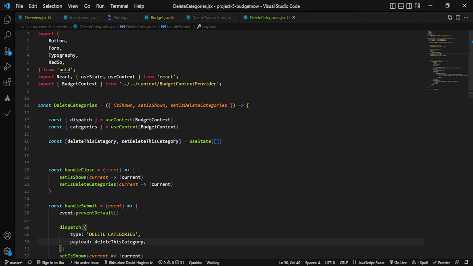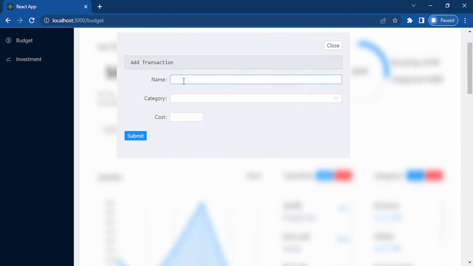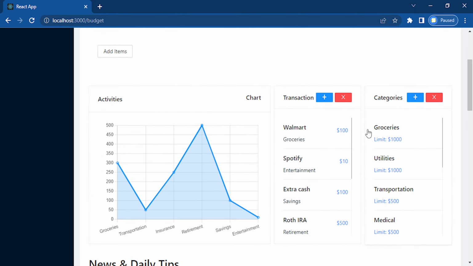so we've got transactions, delete transactions. See how that isn't leaving? If I refresh, then it's back up. So add transactions, we can add transactions now. So I say Walmart, and I say the category was groceries, and I spent $100 there. If I hit submit, the cool thing about that is I got the $100 transaction, and